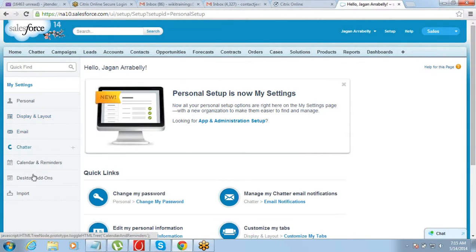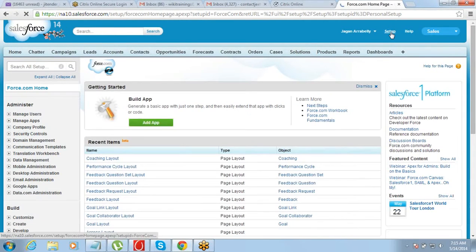In case you want to do any sort of setup, the setup menu includes everything which can be done on this, starting from putting the data into the system, to customizing it, to building new things on it. Everything comes under setup, automation, whatever you have to do, through setup. So this is the menu, right?